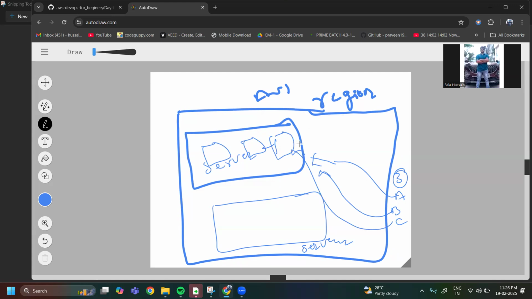Previously, in this virtual machine, I had my instance with application A, application B, and application C. This is the A application, this is the B application, and this is the C application. AWS will create the physical server, and inside the physical server these three projects are kept on the same server. So these three applications are running in this server.